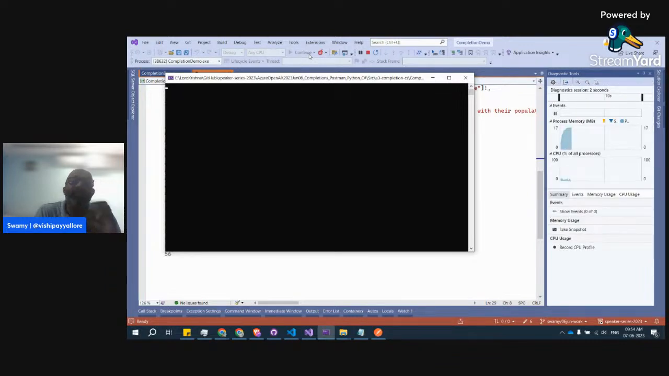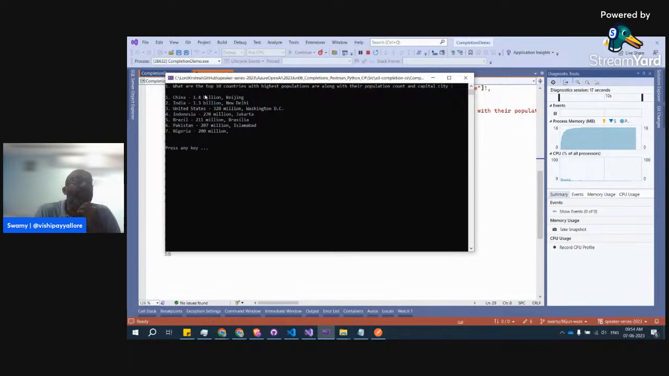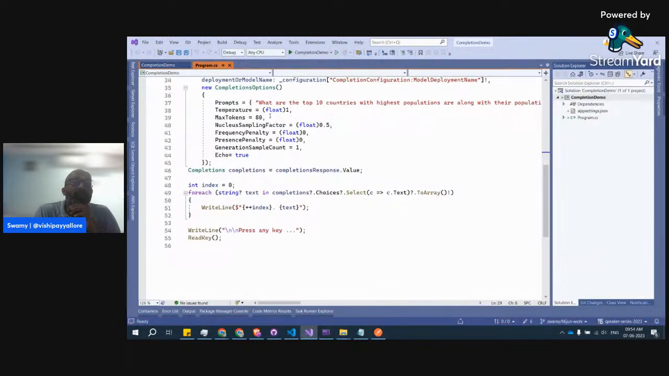So I asked, give me the top 10 countries with highest population along with their population count and capital city, like China, 1.4 billion, Beijing, India 1.3 billion, New Delhi, United States 328 million, Washington DC. Like this, it has given. But I asked for 10, but it stopped at 7 because of the tokens we capped it to